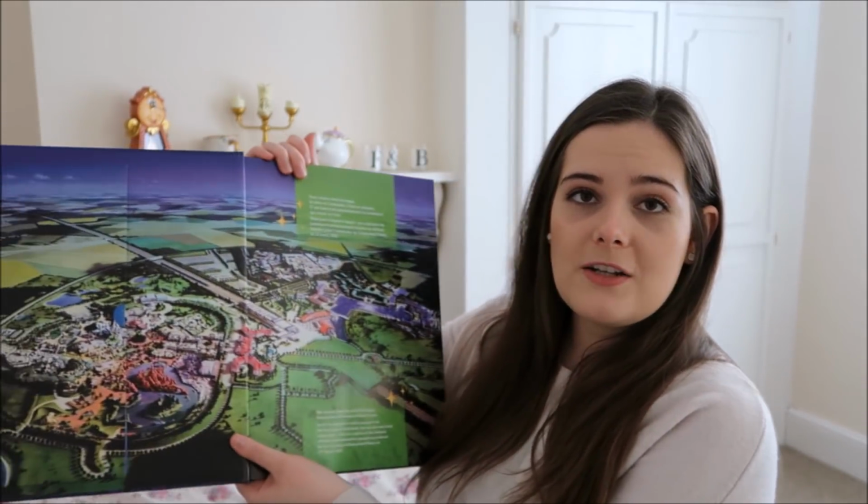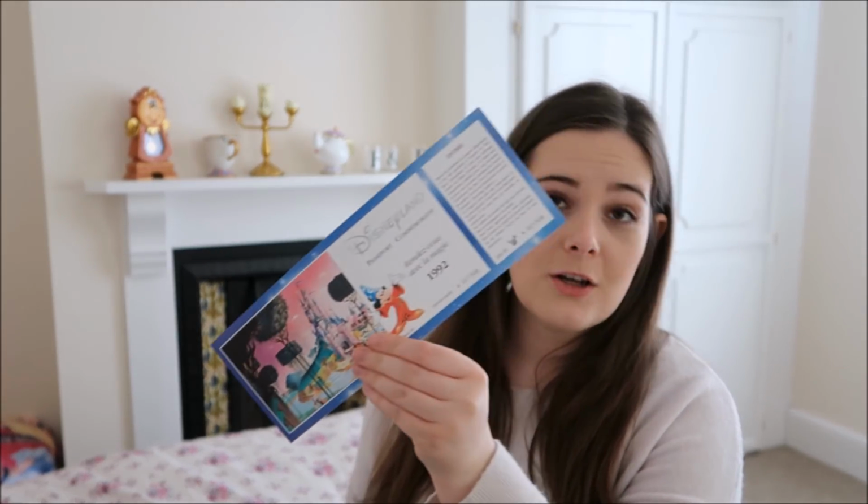I have already looked through this. It's brilliant if you want to know some little facts about the park. Half of it's in French, half of it's in English, so one side's English, one side's French. That's the first page. They've got a replica of one of the first tickets that you would have got in 1992 when it opened in there, which is just cool. If you like little memorabilia like this, this is such a good book to get. I don't know how long they'll have it out for,